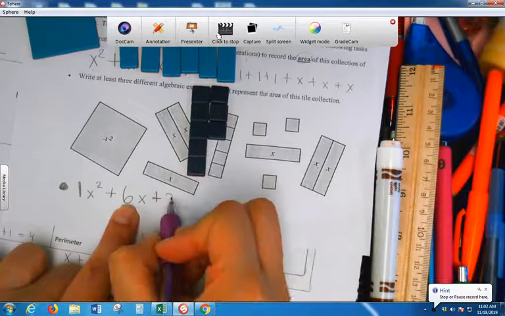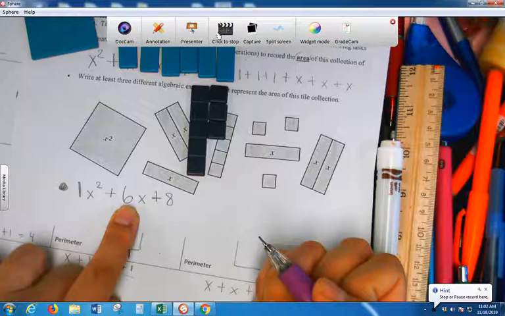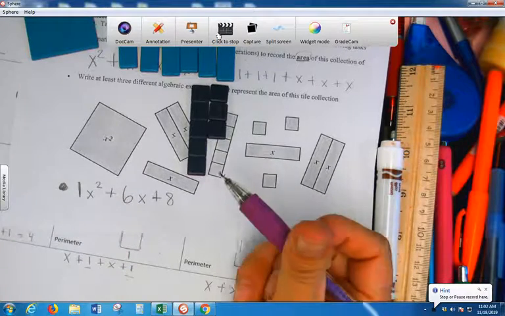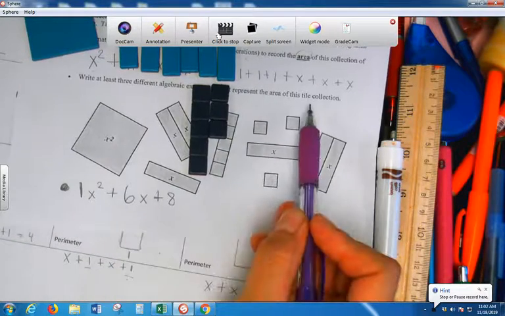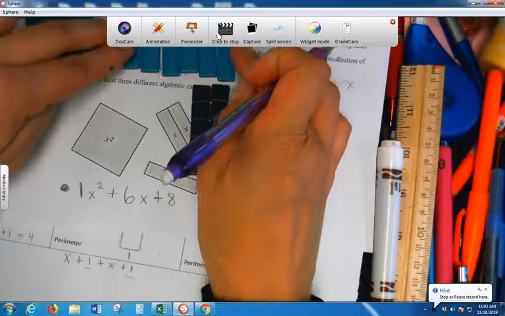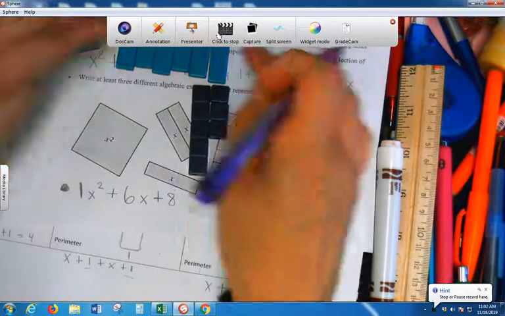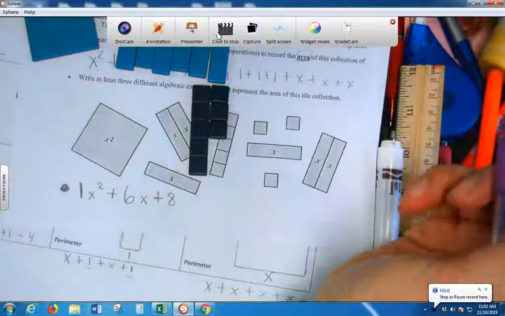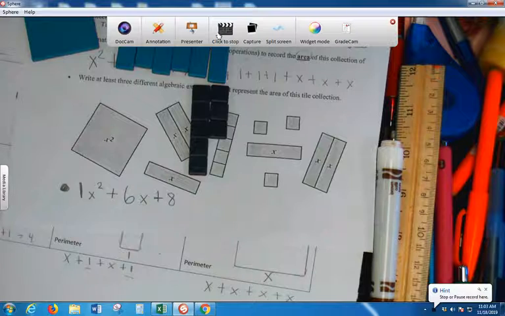So just 8. So I simplified this really long expression by combining what I have the same. So here I put my X's together, I put my 1's together, and then my answer is, well, what do you have? You have 1 of your X squares, you have the